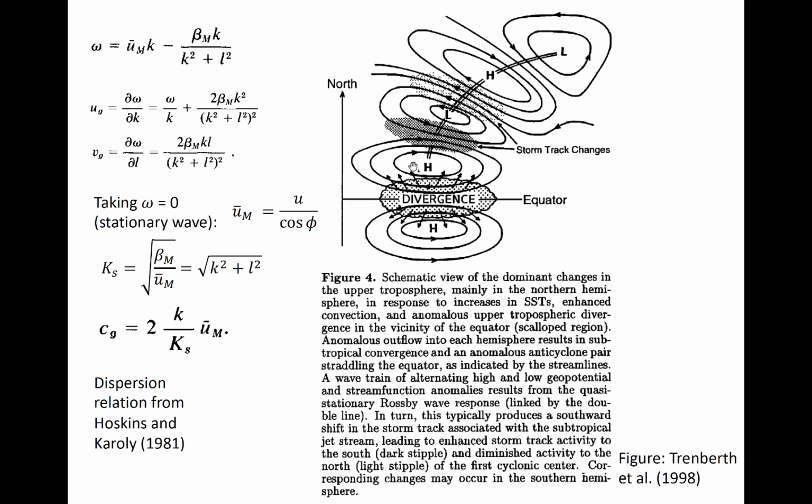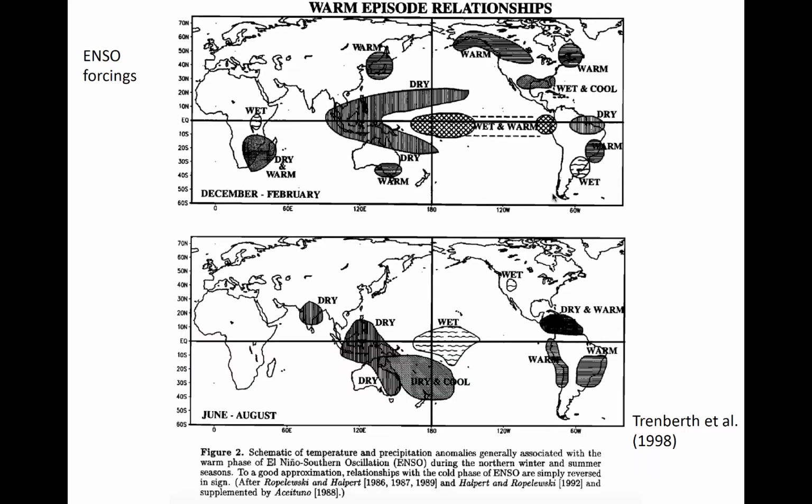The figure on the right shows how the phase of the wave propagates off the equator and toward the east with the mean flow as we increase in latitude. The position of the anomalous troughs and ridges affect the mean storm tracks at mid-latitudes. The quasi-stationary Rossby response is largely responsible for many of the extratropical teleconnections to tropical heating.